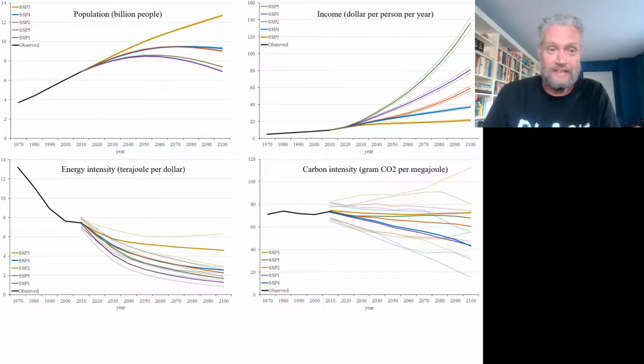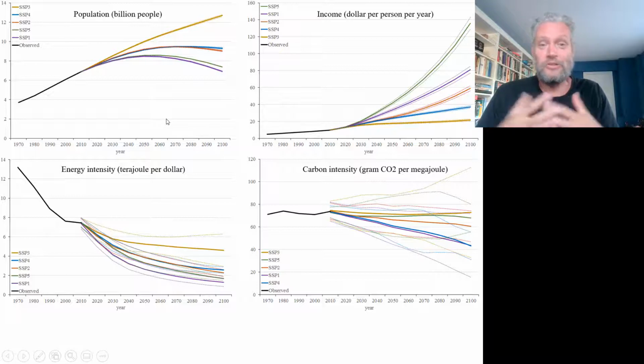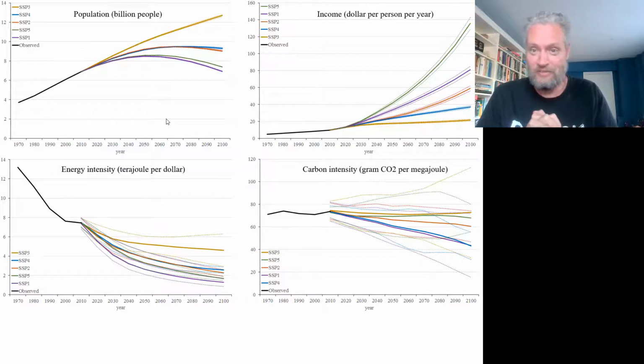Here we're looking at 5 sets of recent scenarios developed on behalf of the Intergovernmental Panel on Climate Change. And they're called the Shared Socioeconomic Pathways, or SSP. And there are 5 of them, and they're imaginatively called SSP 1, 2, 3, 4, and 5. And these scenarios here are split by the Kaya identity. So here we have population, here we have per capita income, here we have energy intensity, here we have carbon intensity, and if you then multiply all this, you have your emission scenarios.